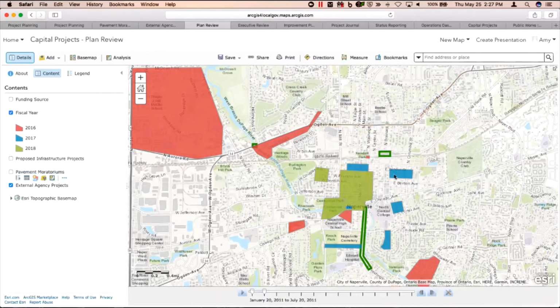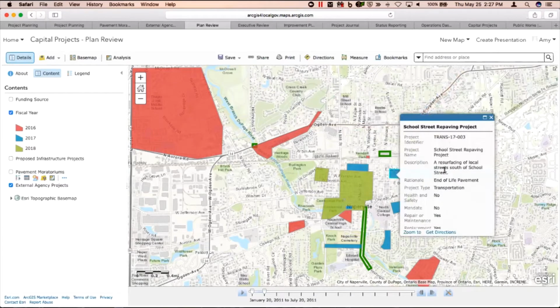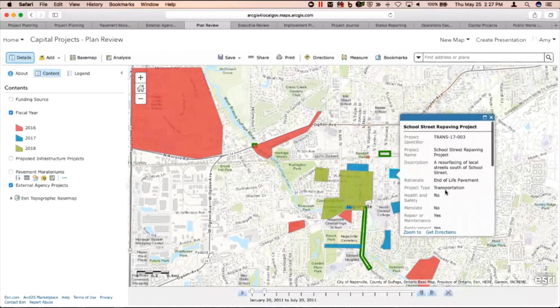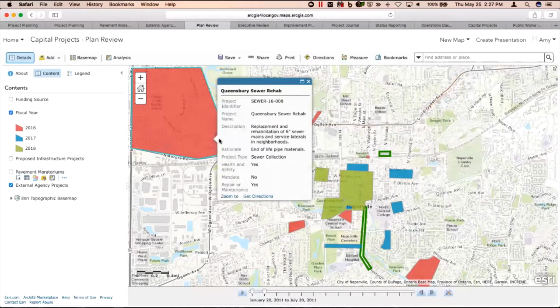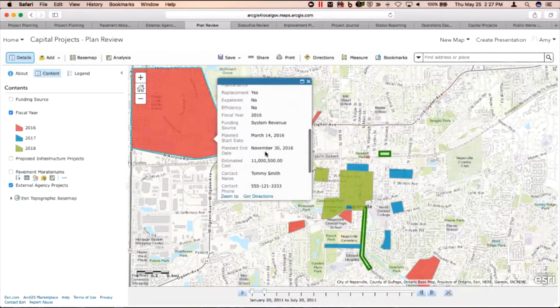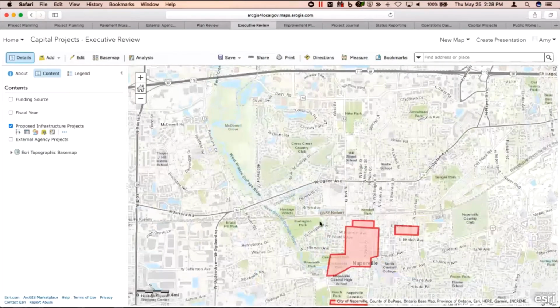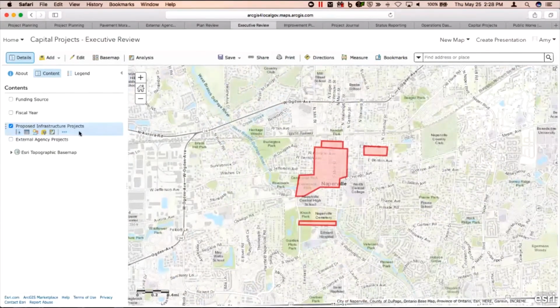So ultimately, once I've organized those projects, as a plan reviewer, I have the ability to then go in and modify these projects and essentially push them forward, and actually either say they're ready for executive review or not. And so in this case, let's go ahead and look at what that next step may be, which is really the map for the executive who wants to see which projects are proposed for the CIP and are they ready